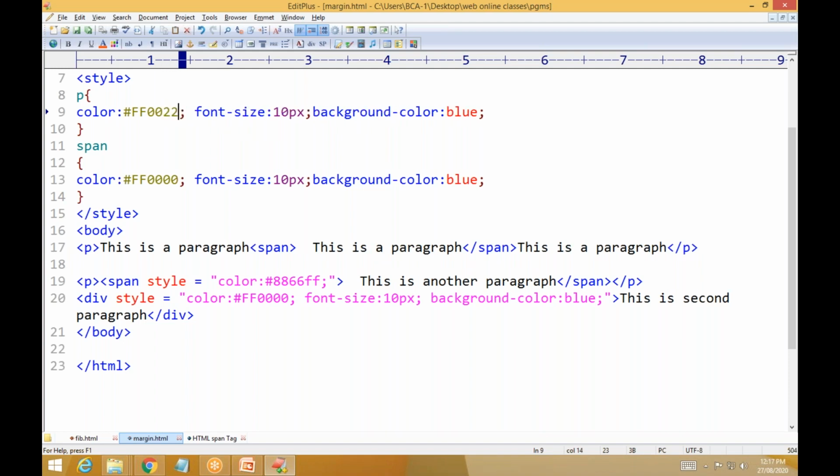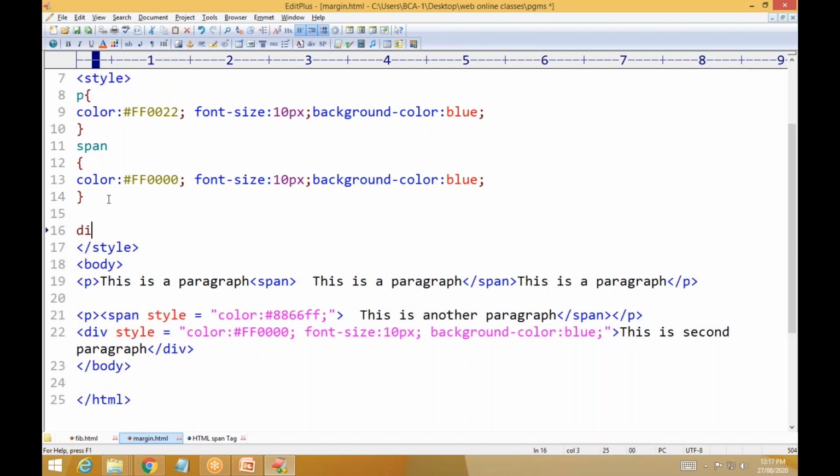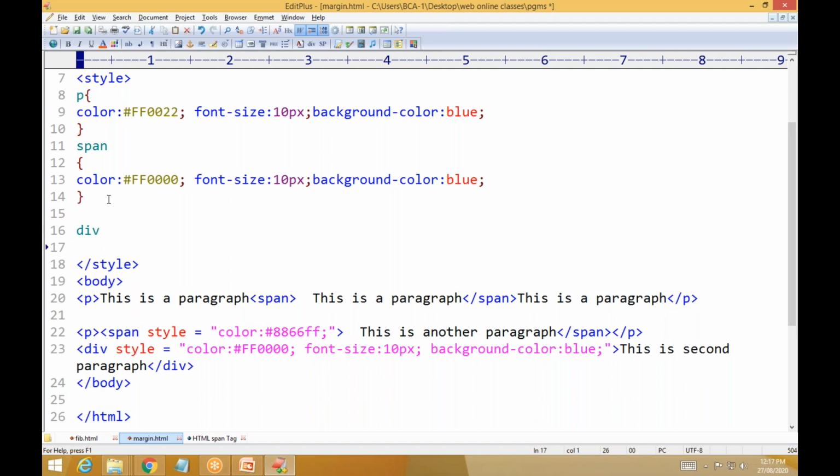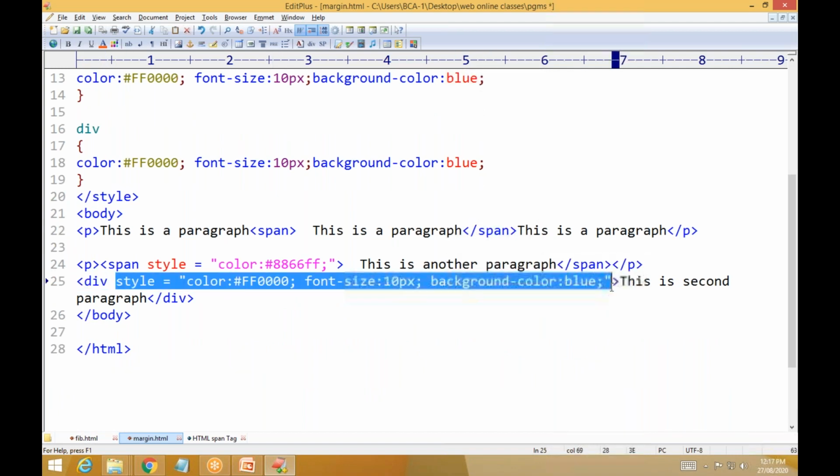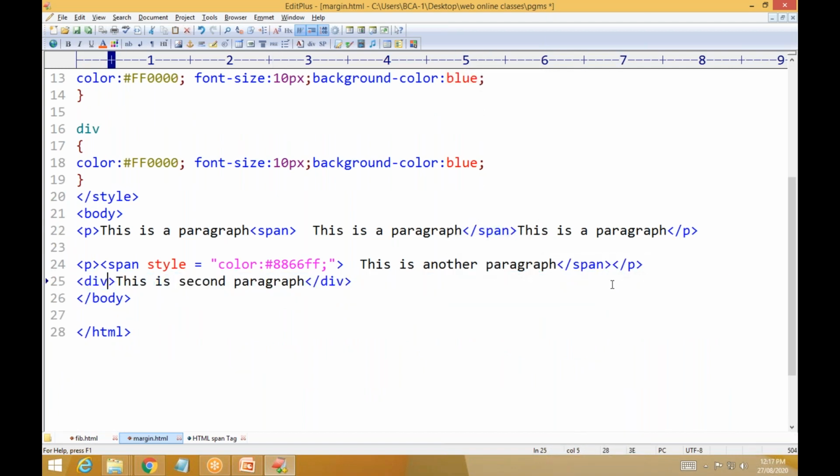Then save. And the division you have to change: division, open and close, same color, same things I'm changing. You have to remove all these things. Only division like this. Here you can remove this. So now execute this one.